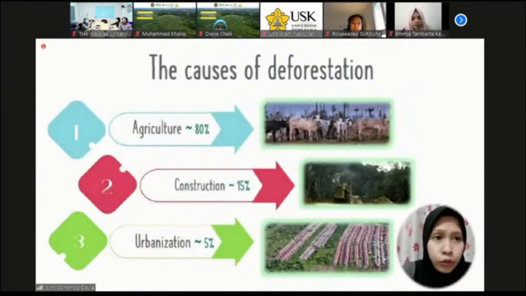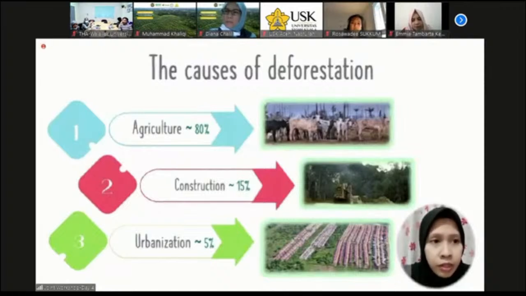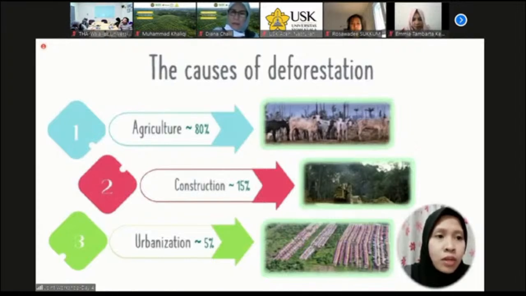According to Butler 2012, agriculture is the highest contributor to tropical deforestation, at 80%. Within this percentage, livestock activity is the highest, followed by commodity plantation activity like soybean oil and palm oil. It is not surprising that agricultural activities are the highest cause contributing to deforestation. This happens due to the growing demand for food products, and as a result a huge number of trees have been cut to grow crops and for cattle grazing.